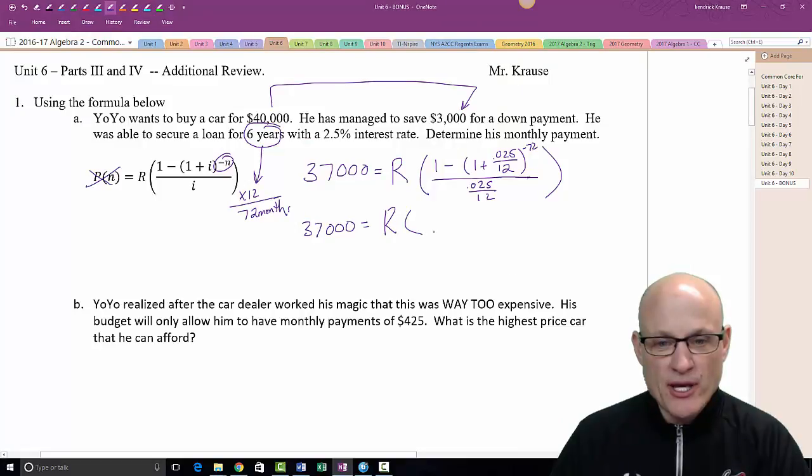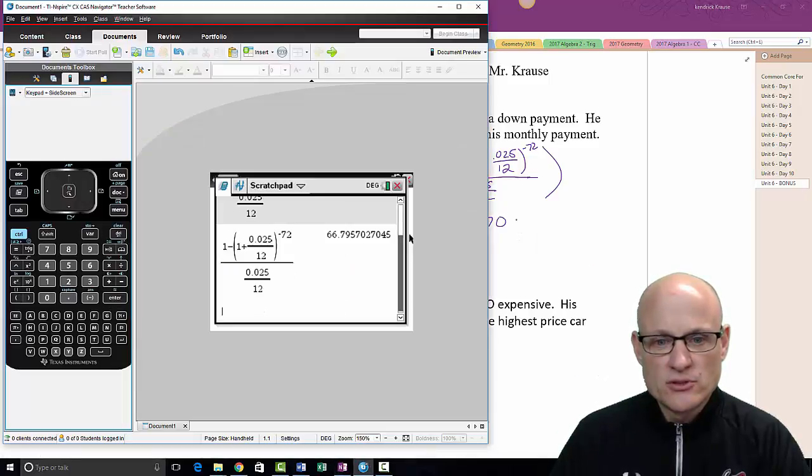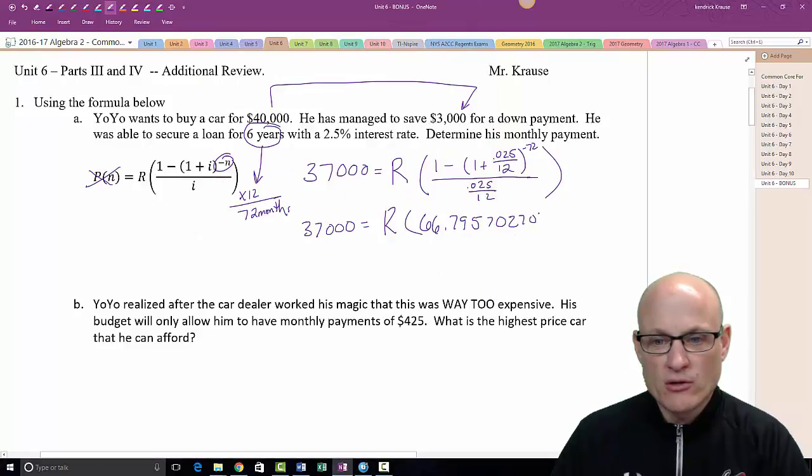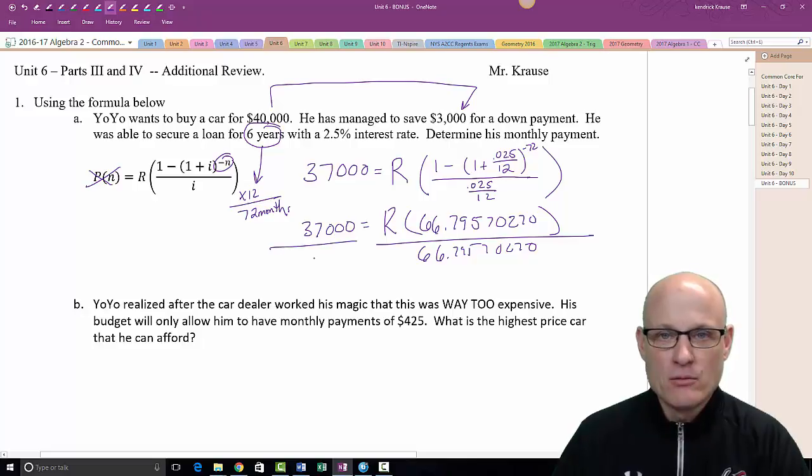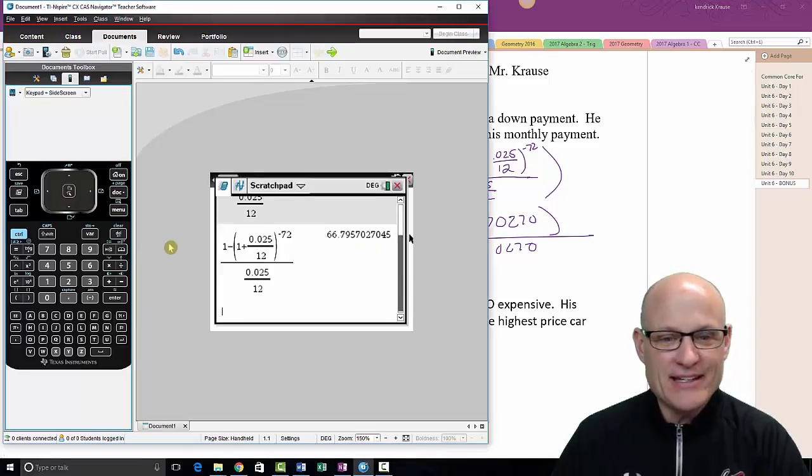equals my recurring payment times 66.79570 and so on. Now again, you want to show all your work. Okay. So then I divide by this 66.79570. And I find out my recurring payment is 37,000 divided by